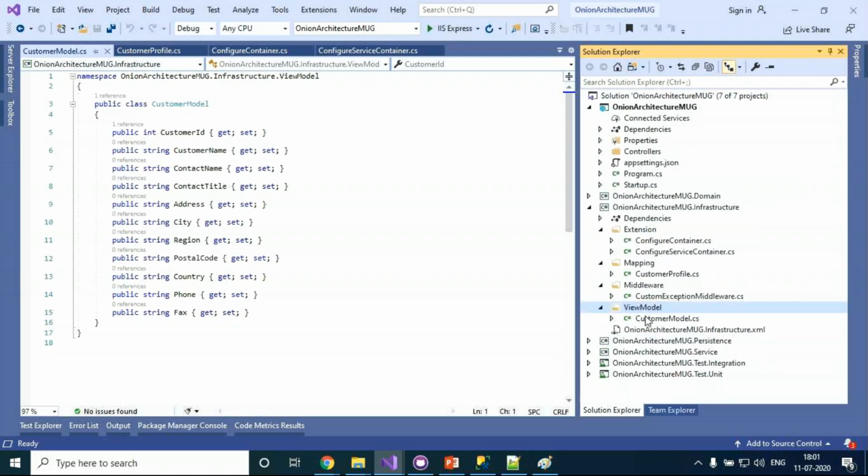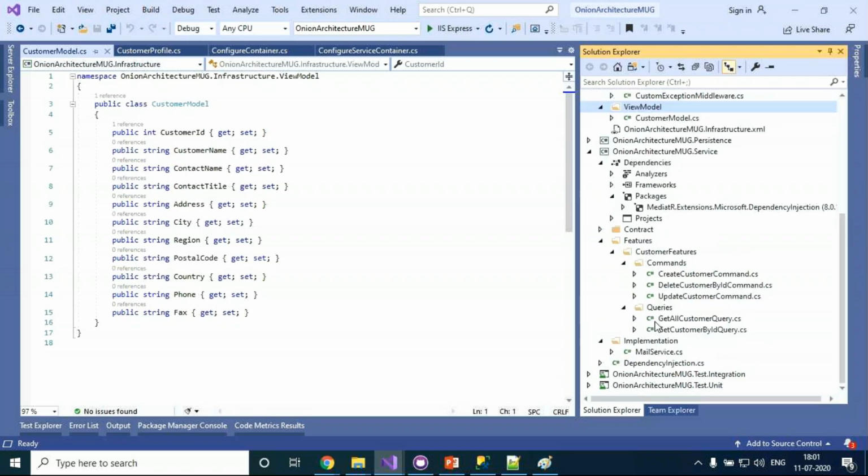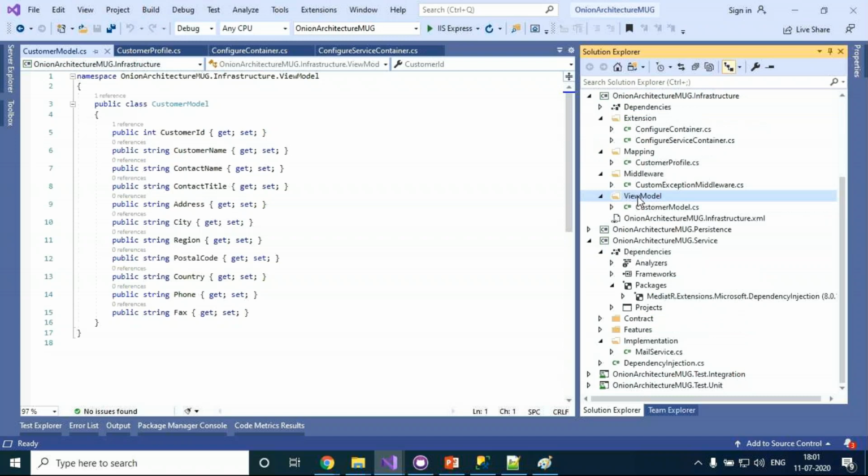For example, you can implement it in the infrastructure layer, or else you can move this view model to the service layer. Currently I'm using it in the infrastructure layer, but I have to refactor some of the code again, and then it is better to move it to the service layer.